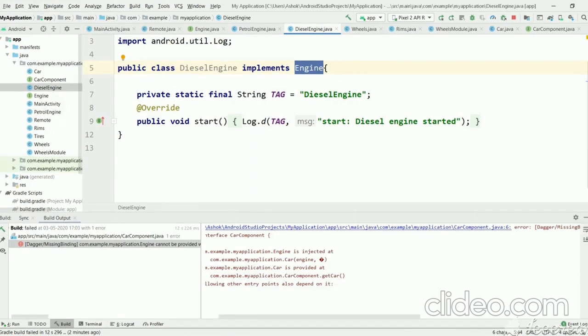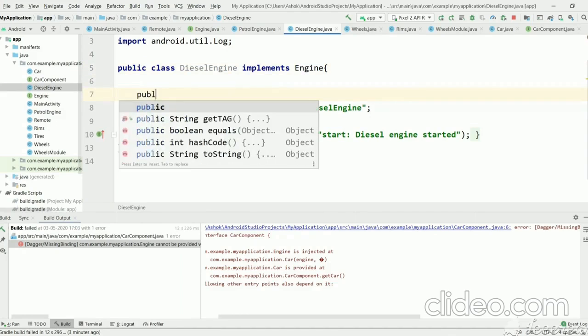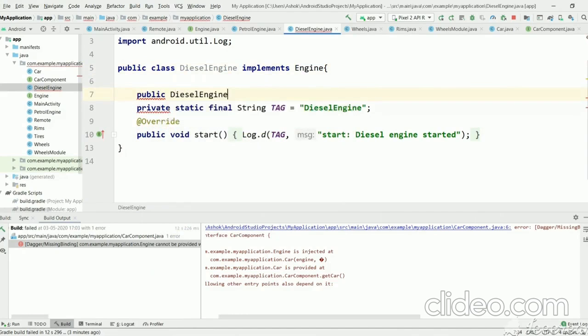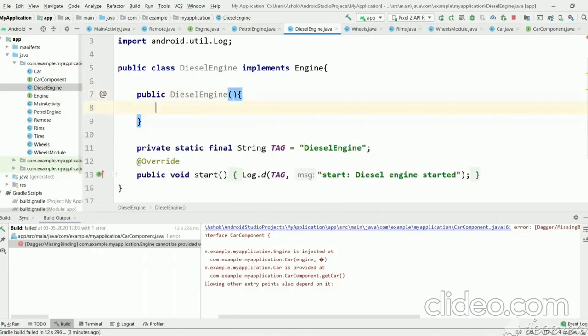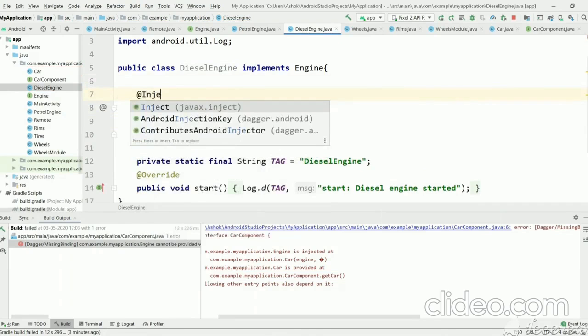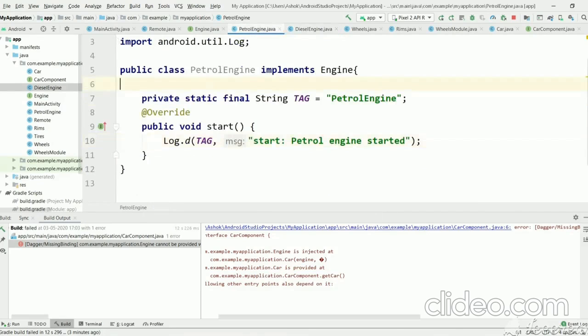In order for Dagger to create objects, we need to have a constructor with @Inject. In DieselEngine, let's have @Inject, and the same thing, let's have a constructor here as well.